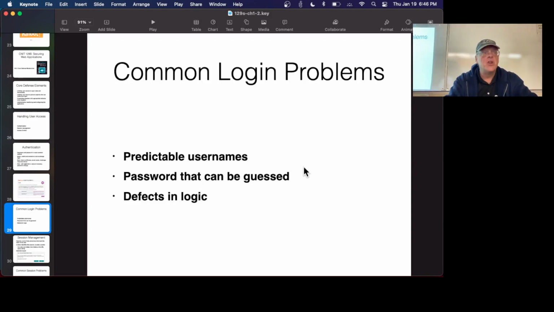The passwords can often be guessed. People that try often learn you can pretty much guess what people are going to use for a password a good fraction of the time if you know them. And even if you don't, a lot of people use the same common passwords. And there are often logic defects where you can skip over a page,